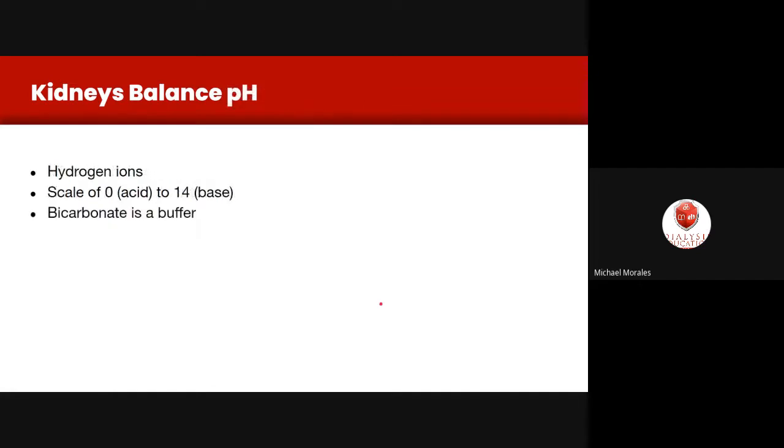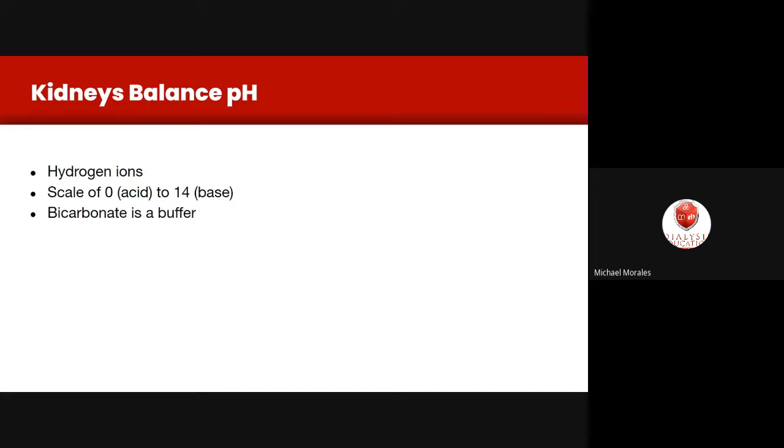And then with the pH, we have this substance in our blood called hydrogen ions, and we measure pH on a scale of 0 to 14, where 7 is the neutral number. It's not acid or alkaline. So what do you mean pH? Acid or alkaline? Low pH or high pH. 7 is neutral. Below 7 is acid. Above 7 is alkaline. Your kidneys normally keep you slightly alkaline,